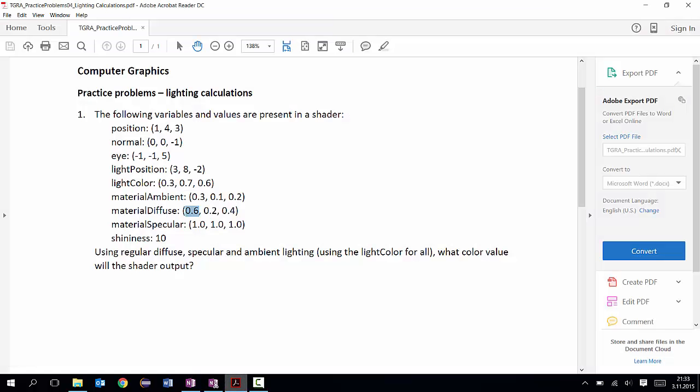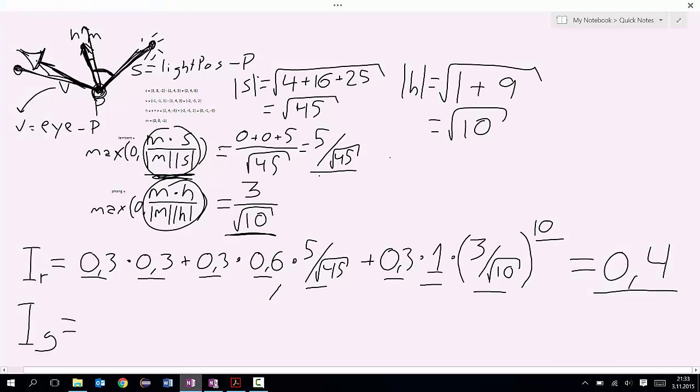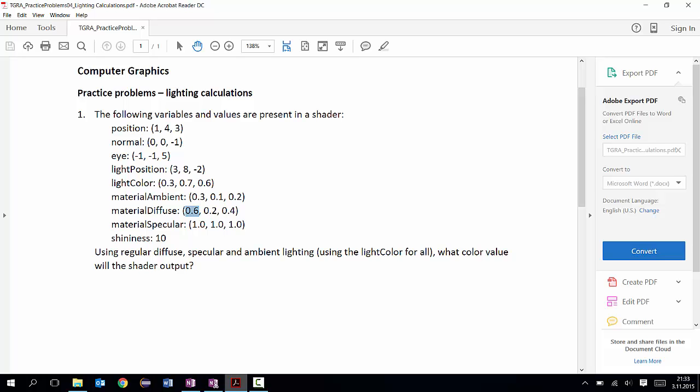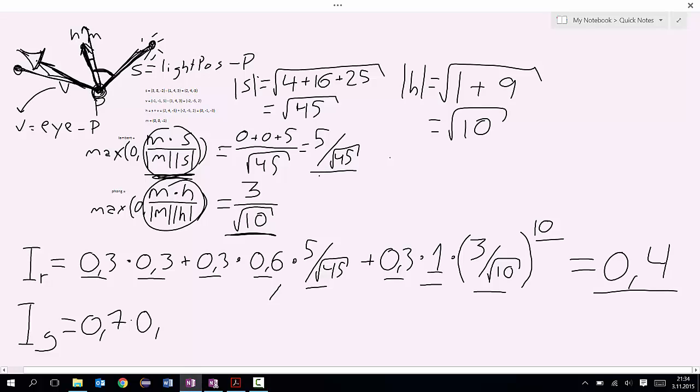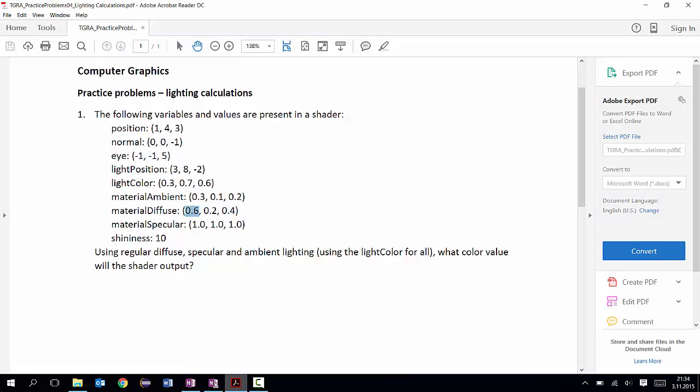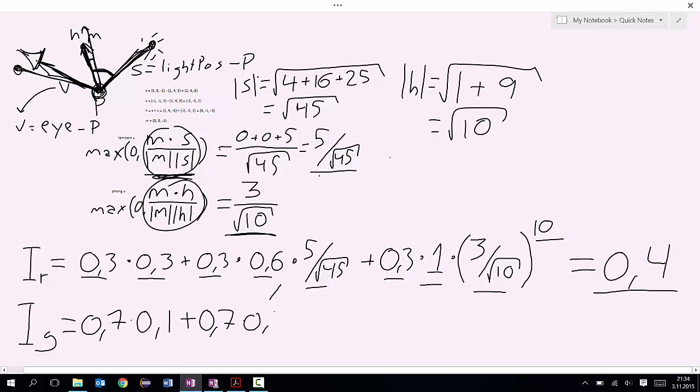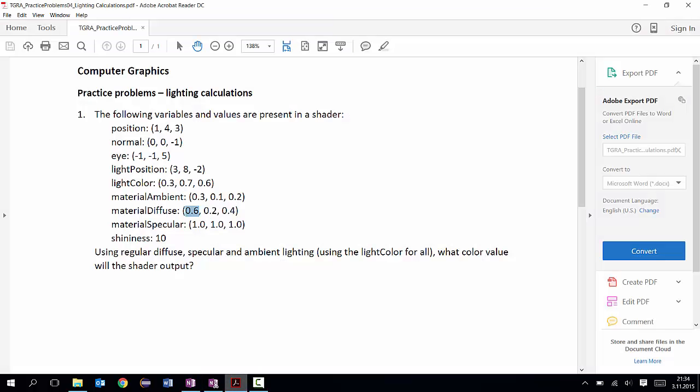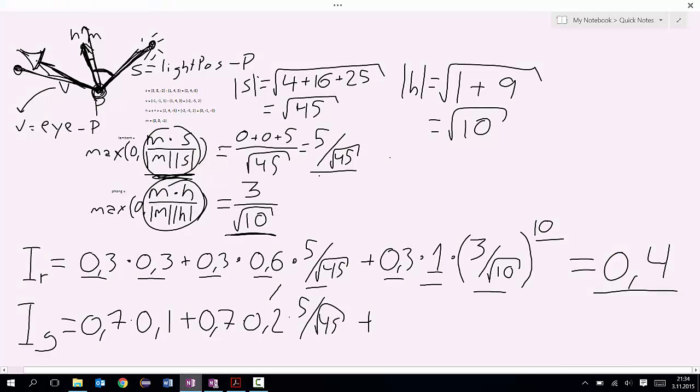Now I have to look here and see, okay, the light color for green is 0.7, so 0.7 times the ambience is 0.1, plus 0.7 times 0.2 times 5 by the square root of 45 plus 0.7 times 1 times 3 divided by the square root of 10 to the power of 10 equals,